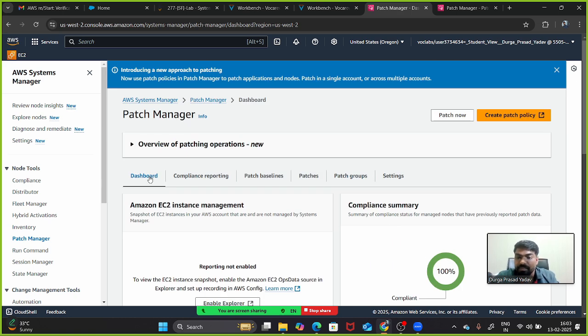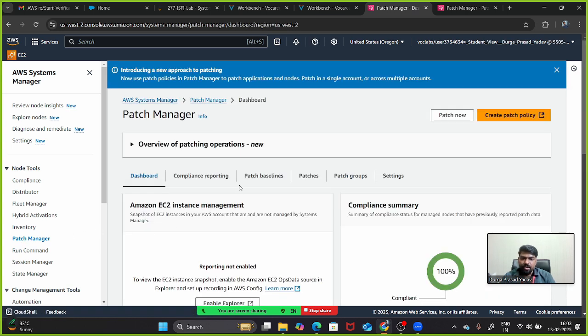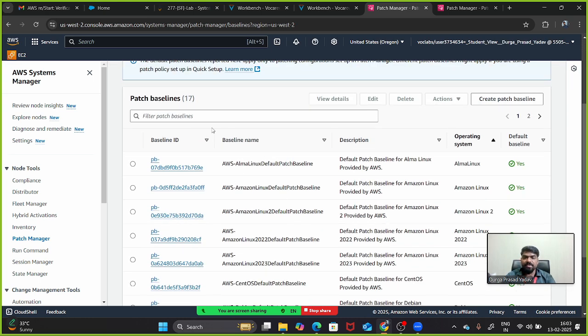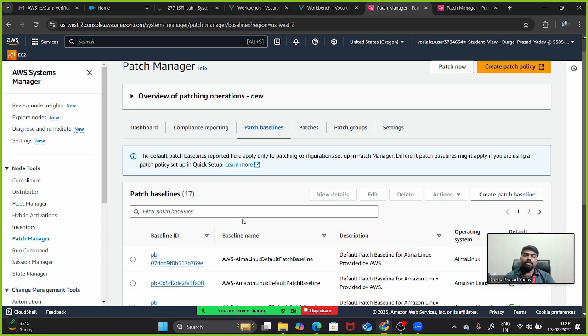Yes, please. Sir, can you show it once again? I am not getting that option in Patch Manager. See, are you getting Patch Manager? Yes, sir, I am getting it. In the Patch Manager, you just go back to patch baseline, the third option. Click on the baseline. In the baseline there are 17 patches that have been given, right? Which will ensure whether you are going to accept a machine or not, whether you want to use this Linux one machine or not.